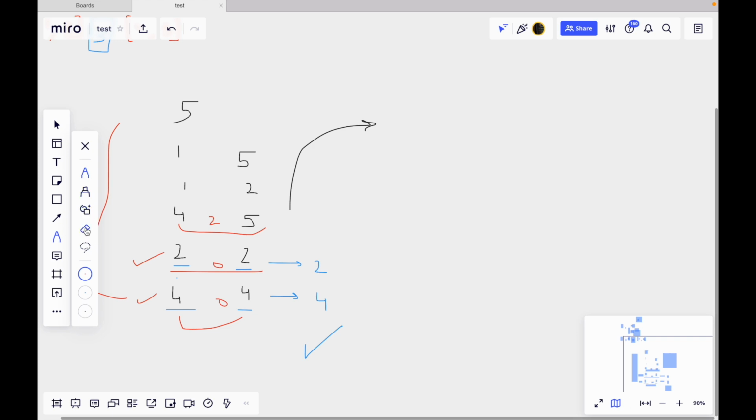And I'm sorry, this is not 0. This is actually 1, the length of the range including the starting and ending points. Okay, so this is also length 2, and 1 comma 5 has length 5. So what we can do is just sort these ranges in the increasing order of their length. So if I sort this, what will it become?